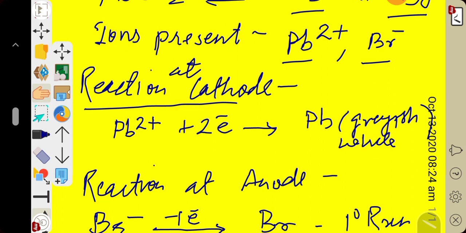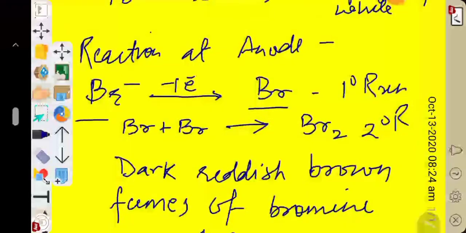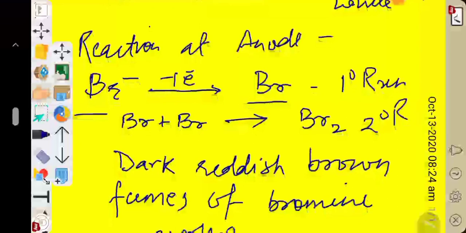Now come to the reaction at the anode. The anode is positively charged, very clear here, so Br- will migrate toward it. Always remember the responsibility of the anode is to perform oxidation. Remember the mnemonic AN OX: an means anode, ox means oxidation. The anode is responsible for oxidation. So here Br- is electron rich, it will lose an electron to perform oxidation. In this way a neutral Br atom forms in the primary reaction.